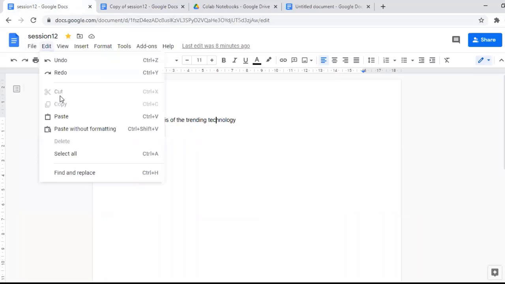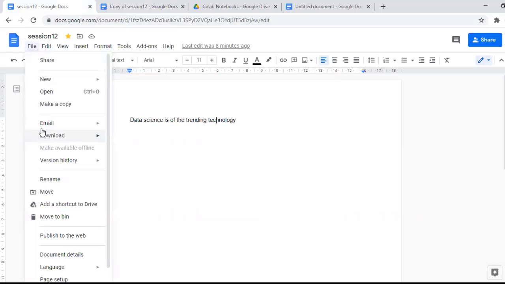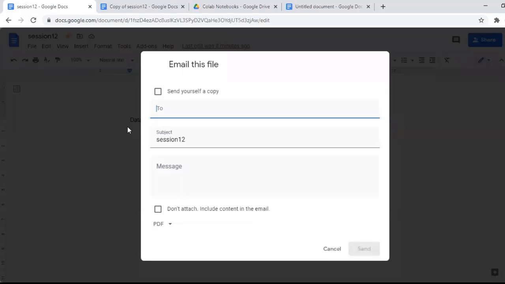So click on the file and go to Email. If you want to mail the particular document, you just click on Email this file. You can see here, you just want to send that one.